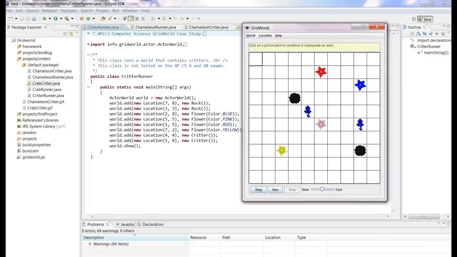Welcome to part 4 of the Gridworld case study. This is actually the final chapter of this case study that we need to know. Although you'll see a part 5, that's actually on an exam that's not offered anymore. So part 4 has the last material that we need to know backwards and forwards, and some of it is